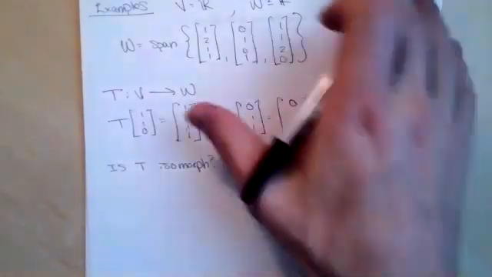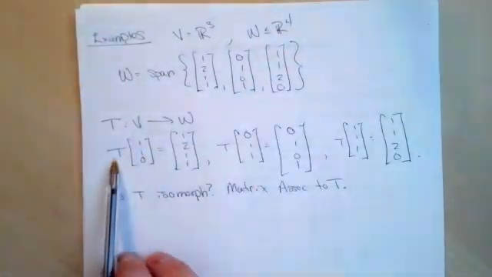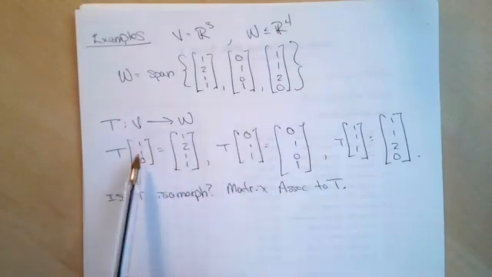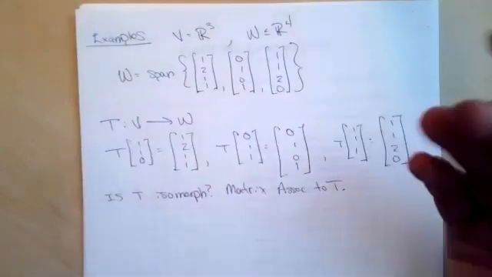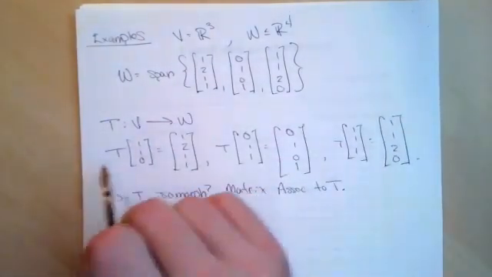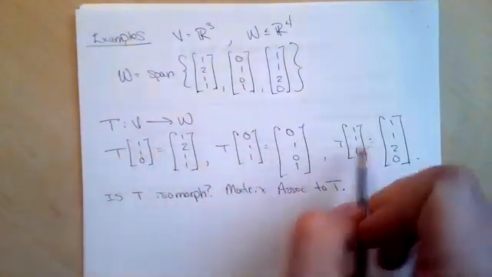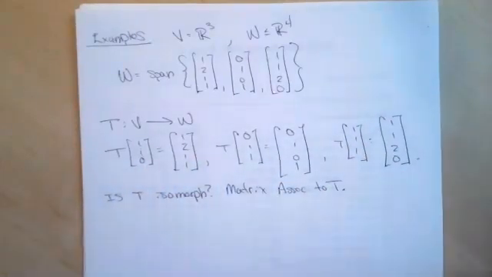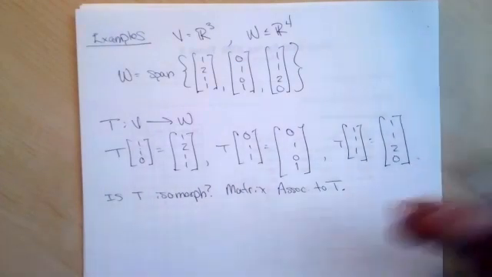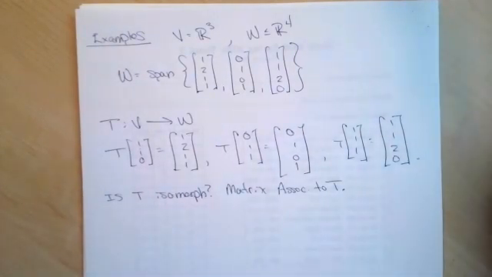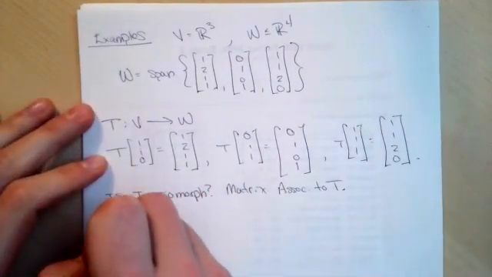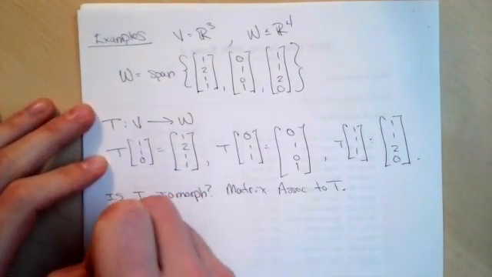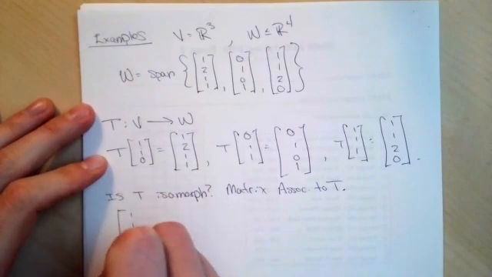So is T an isomorphism? Well, let's check. We know T is only defined on 3 vectors, but it's a linear transformation, so we can do this process of extending linearly for T. If we know how T acts on a basis, we know how it's going to act on every vector in the vector space. So a few things we need to check: that the set we are acting on